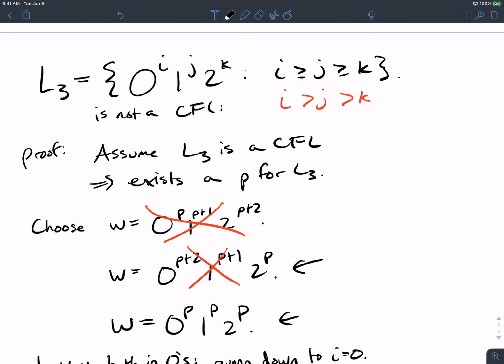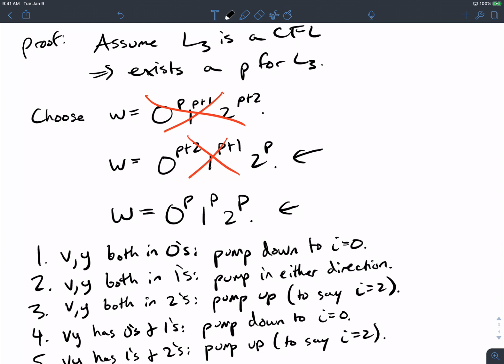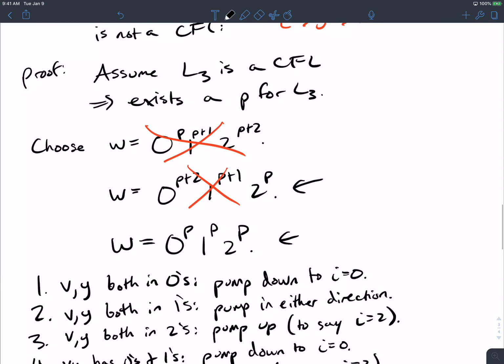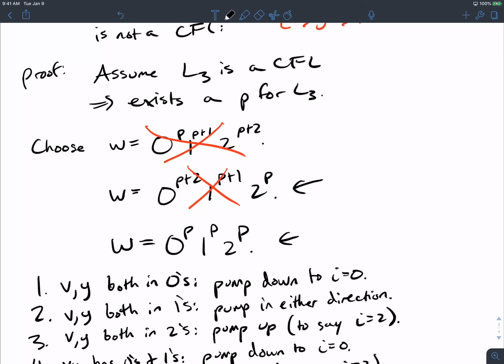Oh, what about the language, not necessarily of this form, but any string of zeros, ones, and 2s, where the number of zeros is at least the number of 1s, which is at least the number of 2s? So just like before, when I just say they can be in any order, what about that language instead of just this one? It's not context-free either, because the string we picked is also in that language too, and in the 5 possibilities, we ended up with a different number of 0s, 1s, and 2s every single time.